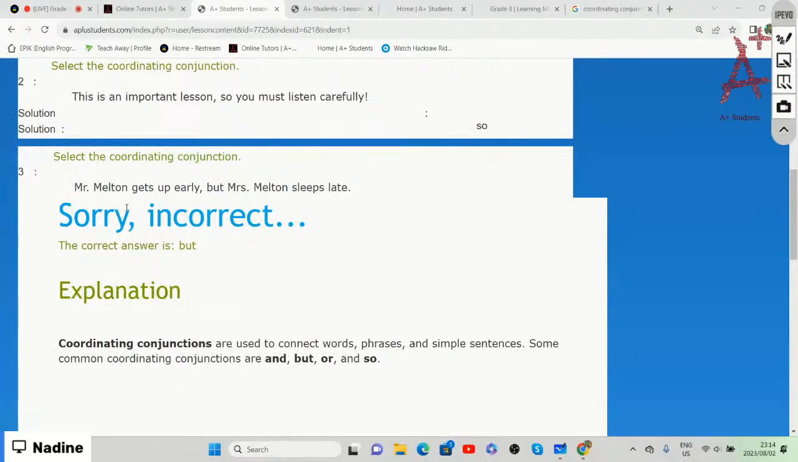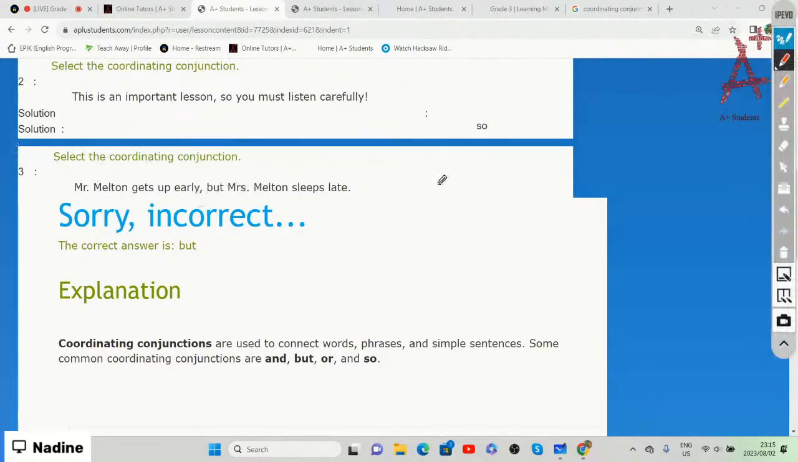Mr. Melton gets up early, but Mrs. Melton sleeps late. If we select the coordinating conjunction within that sentence, then we will select "but." And "but" joins these two simple sentences, which are: Mr. Melton gets up early, Mrs. Melton sleeps late. So that is the two simple sentences within this one sentence that is joined by